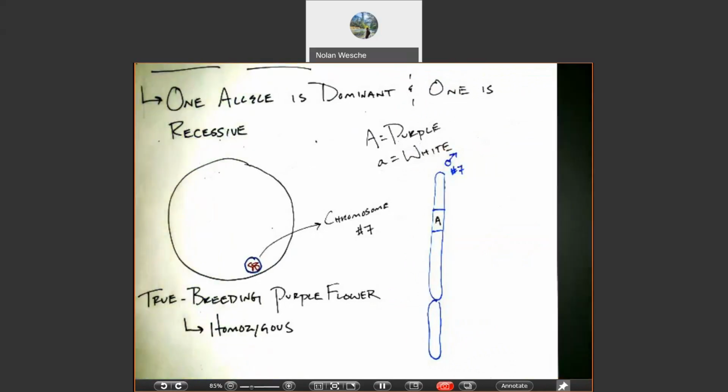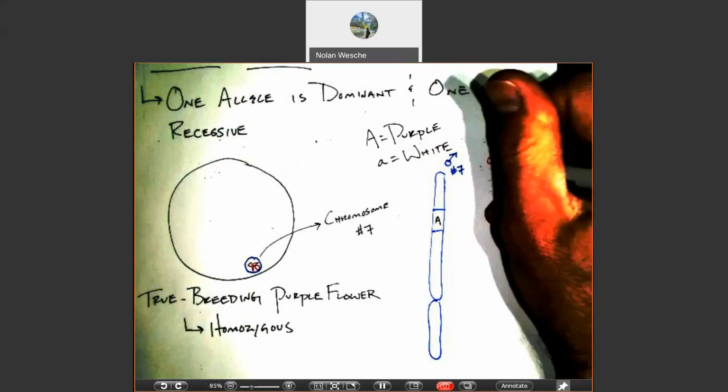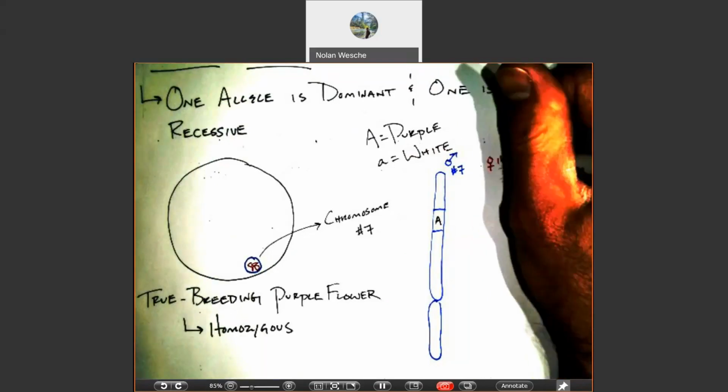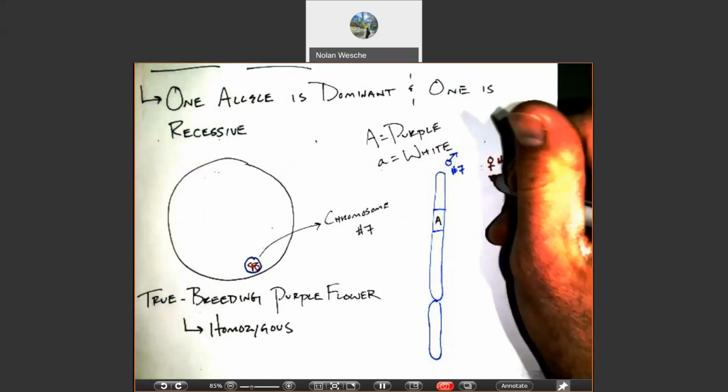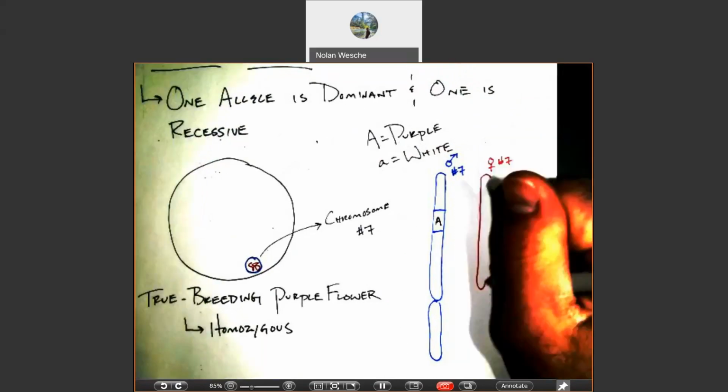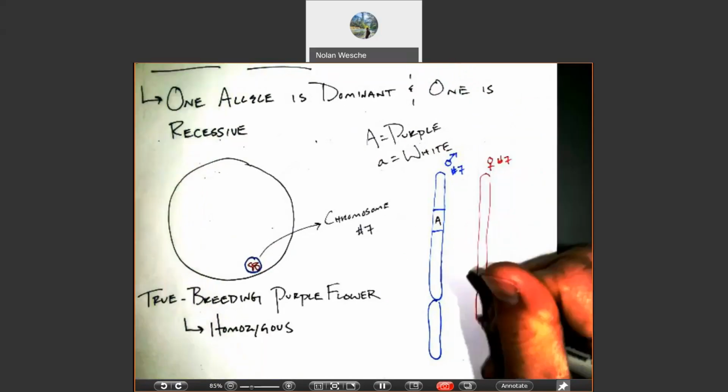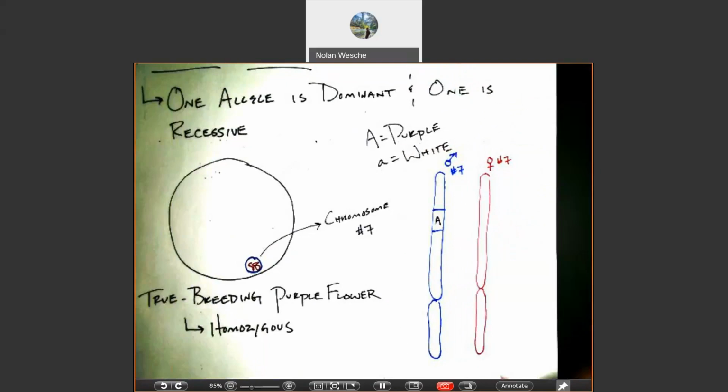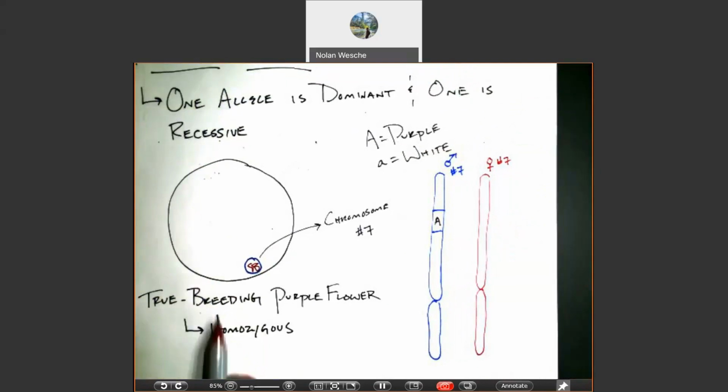So a big A. We're also going to look at the ovule, or the female portion of this plant that was pollinated by that pollen. And it's going to have, again, a set of chromosomes as well. And because it's a true breeder, we could assume that it's going to also have that dominant